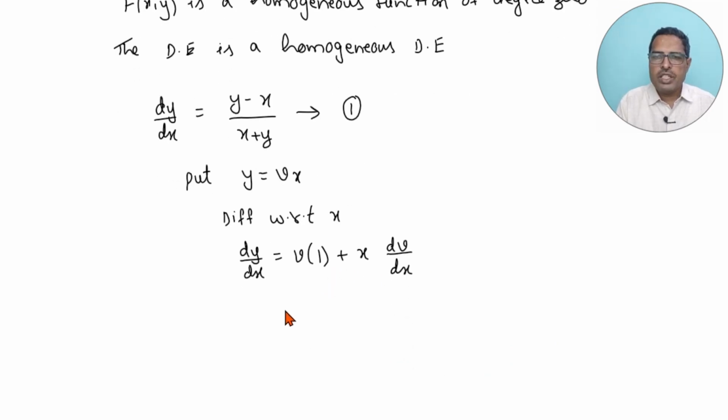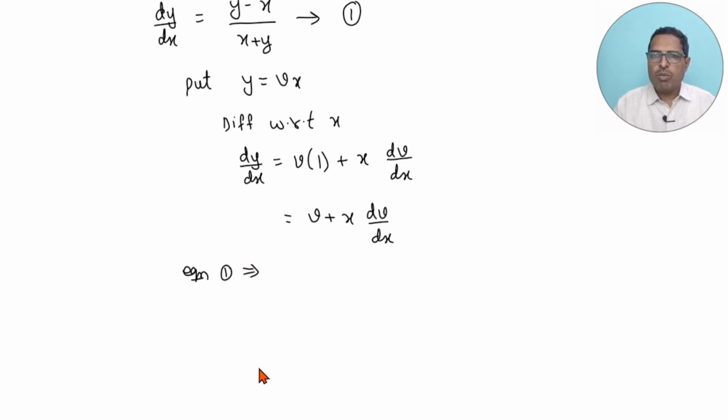Rewriting this, dy by dx equals v plus x into dv by dx. So let us substitute this value of dy by dx and y in equation number 1. Equation number 1 implies dy by dx, which now becomes v plus x times dv by dx, equals